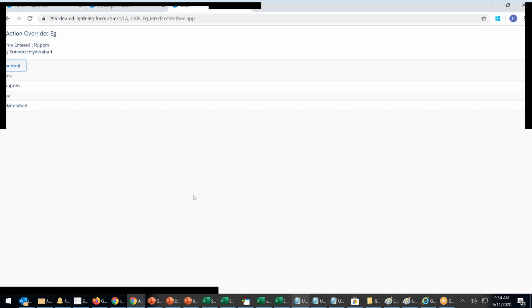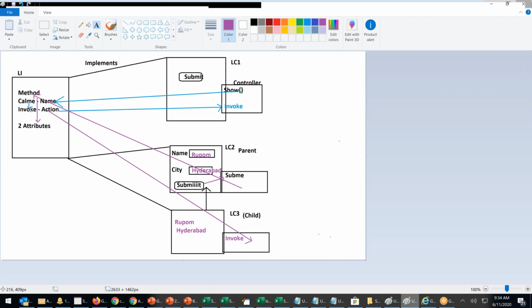But now the method is in the interface. That's the only difference from last class. Earlier the method was inside the child, but now invoke is happening somewhere else. See, exactly this we achieved. Perfectly we did this now.